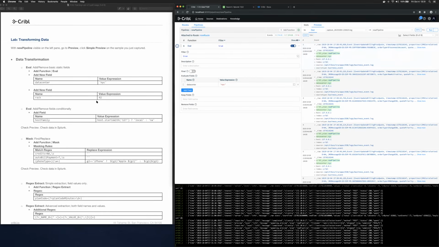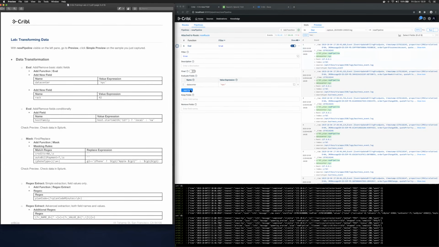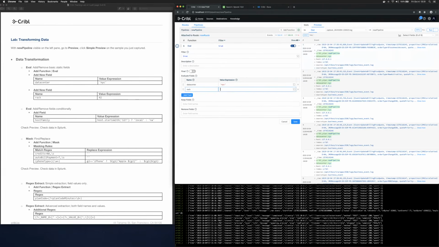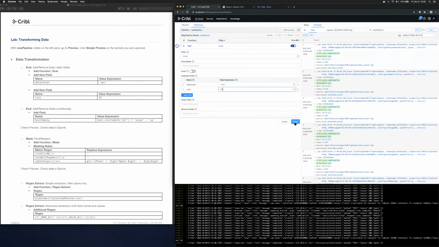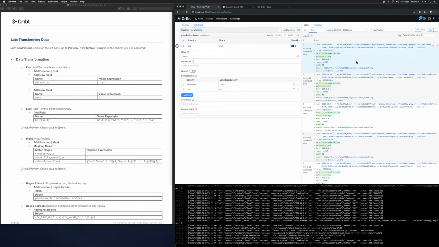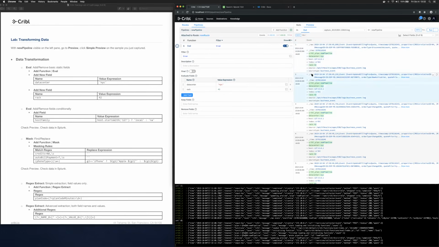Right. So back on the lab manual, I'm going to come in here and add a new field. Let's say I'm going to add a rack field, and its value is 42. Notice as I'm saving this, the preview mechanism that we have here will run the sample through the pipeline, assuring us that the field was injected properly and the value is the correct one. So now if I go back to Splunk